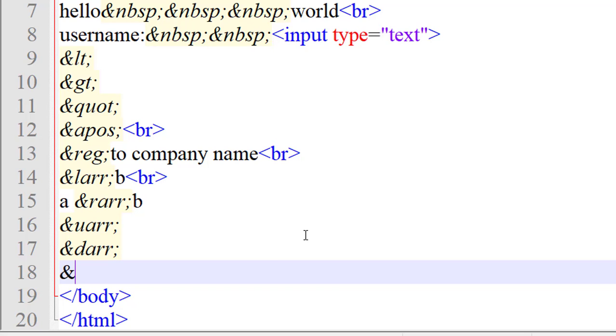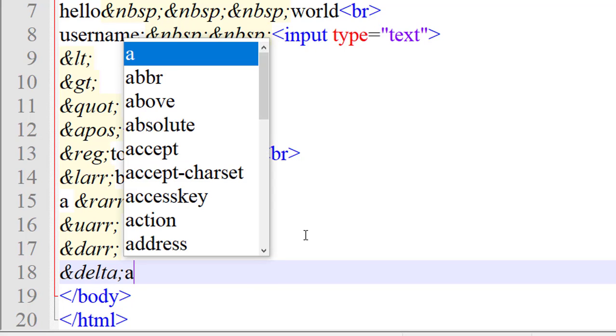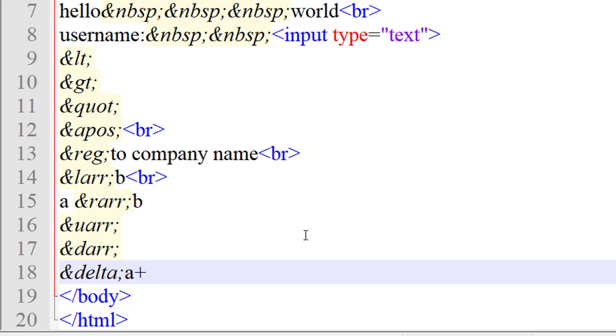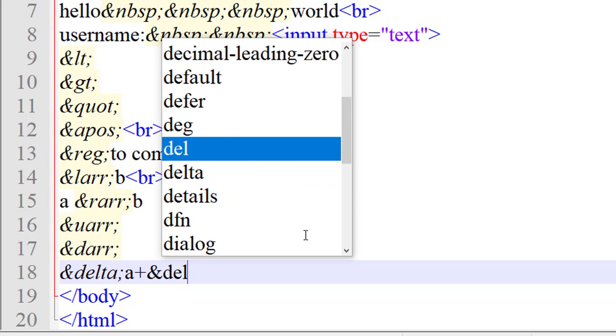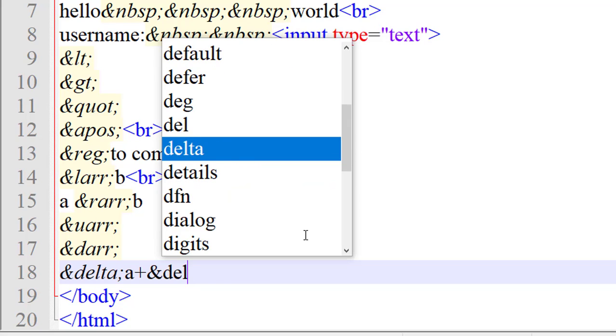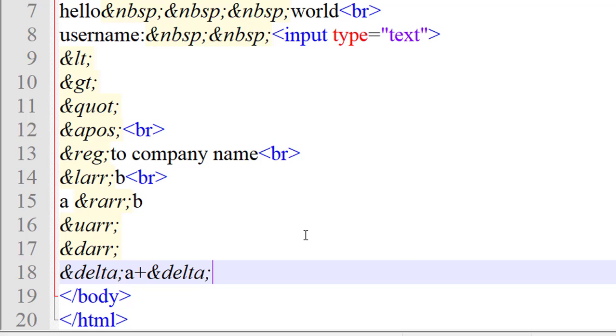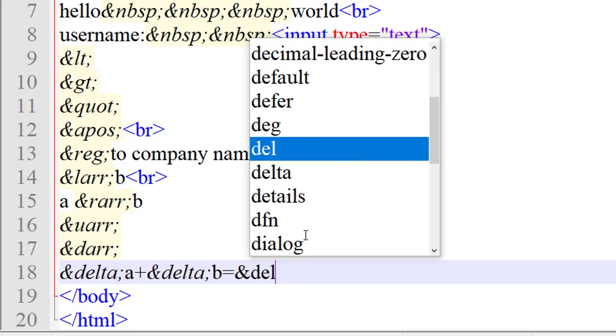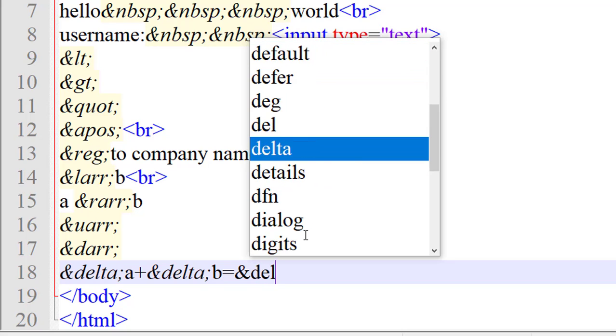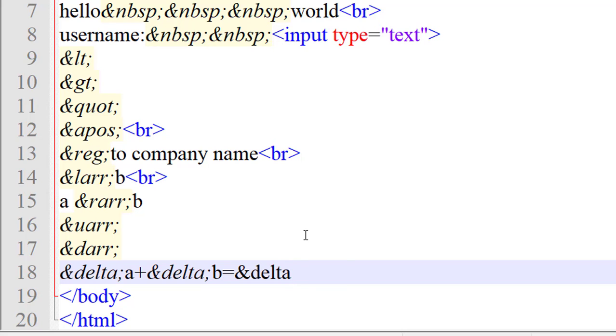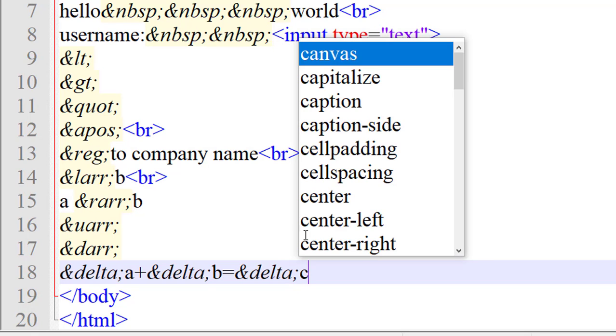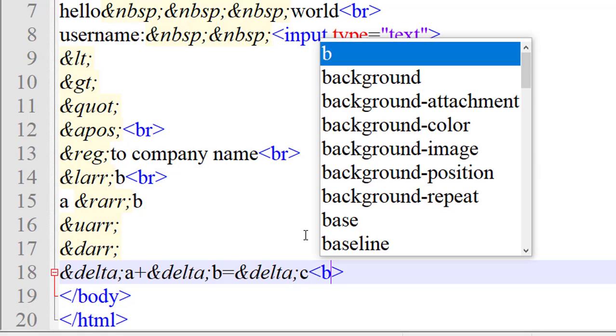Okay. Now I want the delta sign. For that, ampersand delta semicolon A plus ampersand delta semicolon B equal to ampersand delta semicolon C. Okay, now break line.